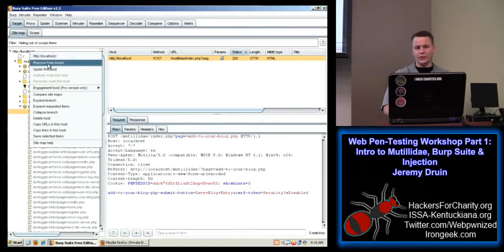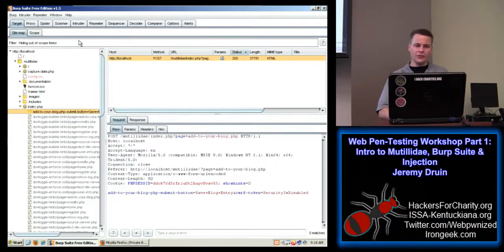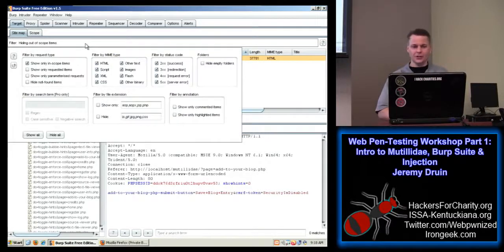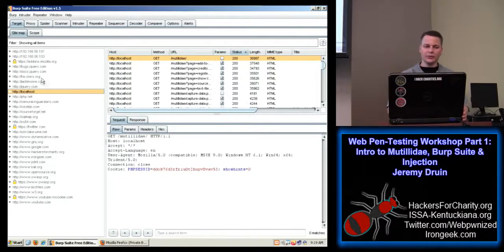One of the things you'll want to do is, right here, if this line says add to scope, you want to add your projects to scope. I've already added it, that's why it says remove. And that gives you the ability to go up here, click on this mysterious menu bar that doesn't really look like a menu bar, and show in-scope items only. This site might link out to 100 other sites that are in different domains. It's not uncommon for sites to link to Twitter and Facebook and what have you. This helps restrict that scope down. Otherwise, you're going to see a whole lot of other sites listed, and that can clutter up the display quite a bit.